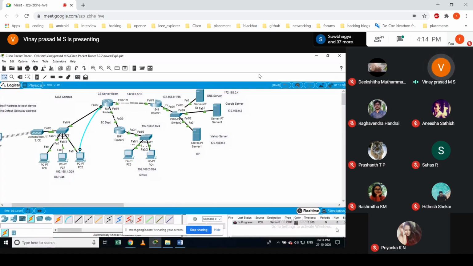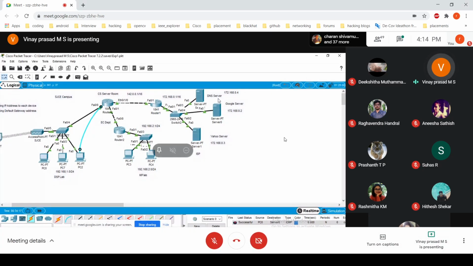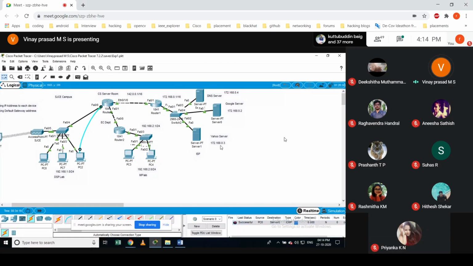It failed the first time. If you try one more time, probably you will be able to reach. Ten times also failed. Okay, the third time is successful, because it has to resolve the DNS and find that particular destination, so probably the third time you will be able to.